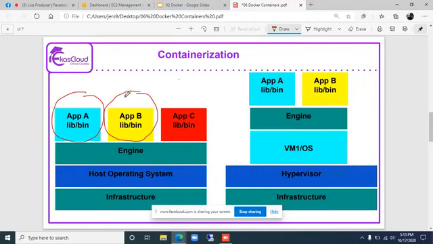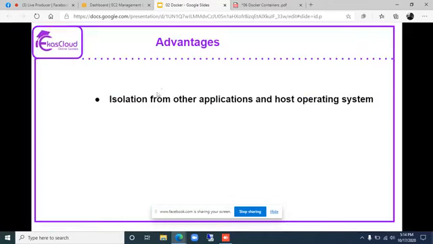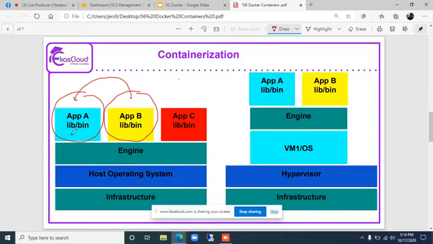It is still possible to communicate maybe with some networking, but by default the isolation is for the libraries and binaries. So that's the first advantage: isolation from other applications, and it is also isolated from the host operating system. So this application is isolated from the host operating system's binaries and libraries.